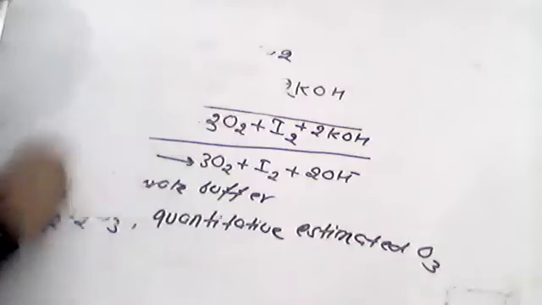Now we are discussing oxidizing properties of ozone. We discussed preparation, we discussed that it is thermodynamically unstable. Now the next one is that it converts carbon to carbonic acid. Be fast now, do the reactions. Carbon to carbonic acid, I'm going to write down here. It converts carbon to carbonic acid, H2CO3.